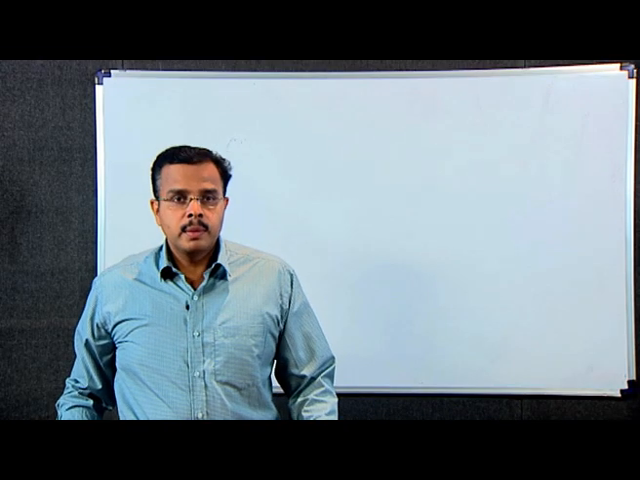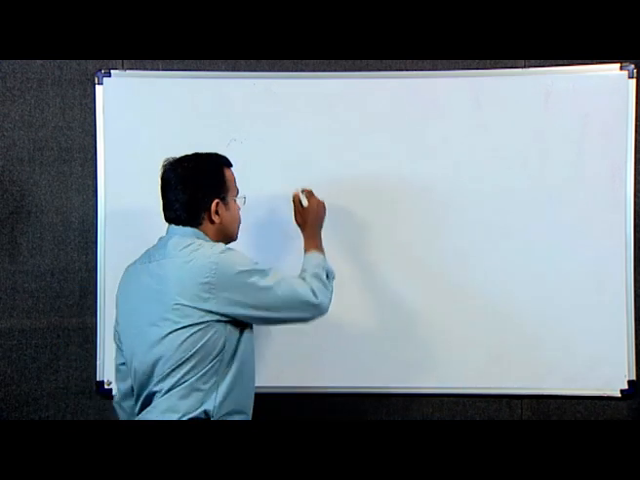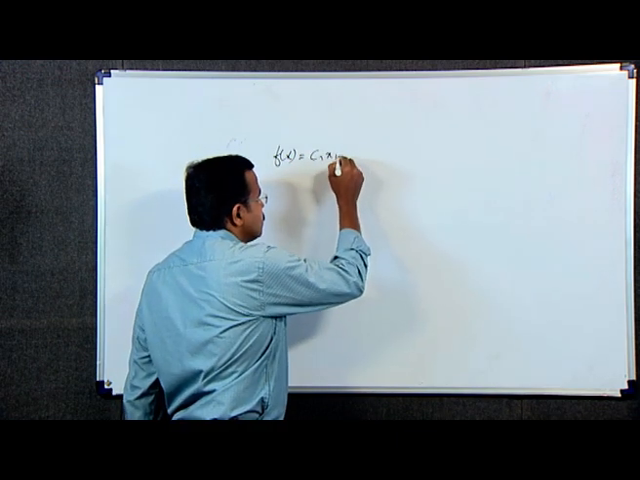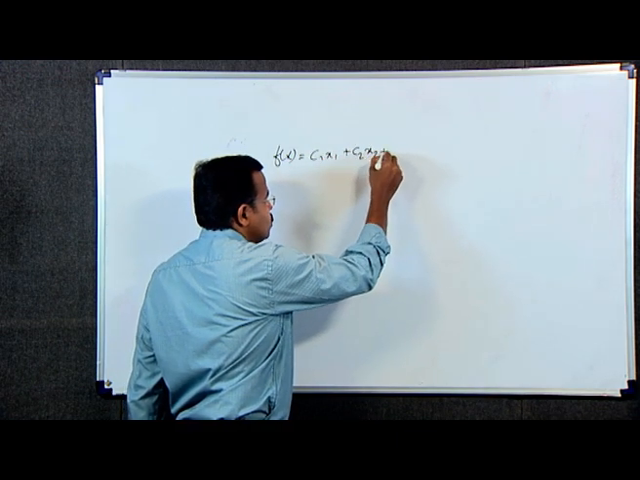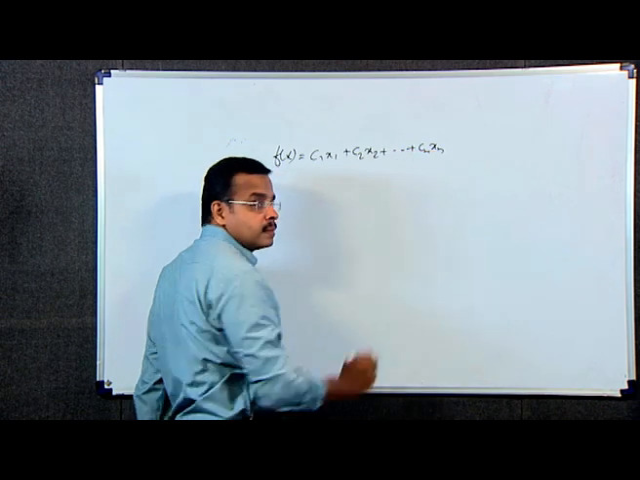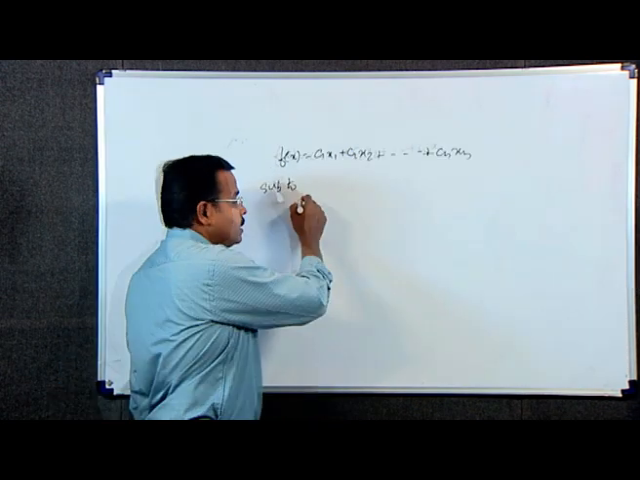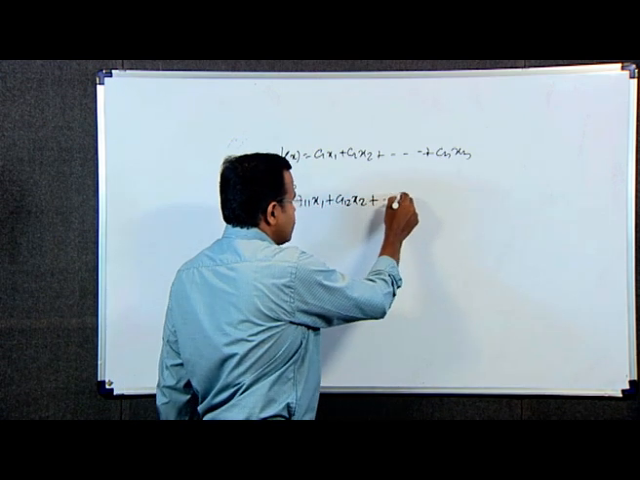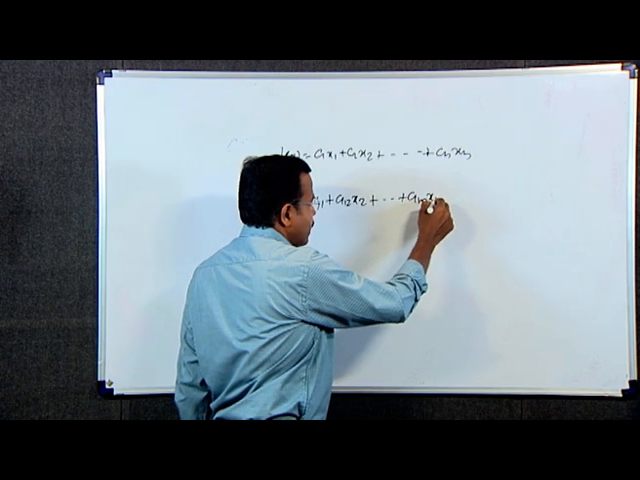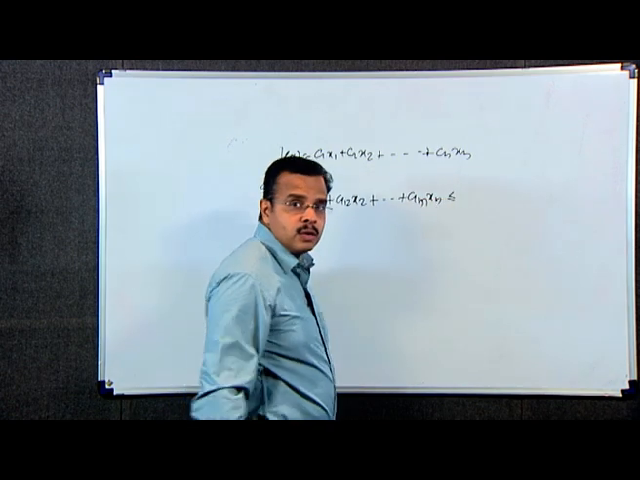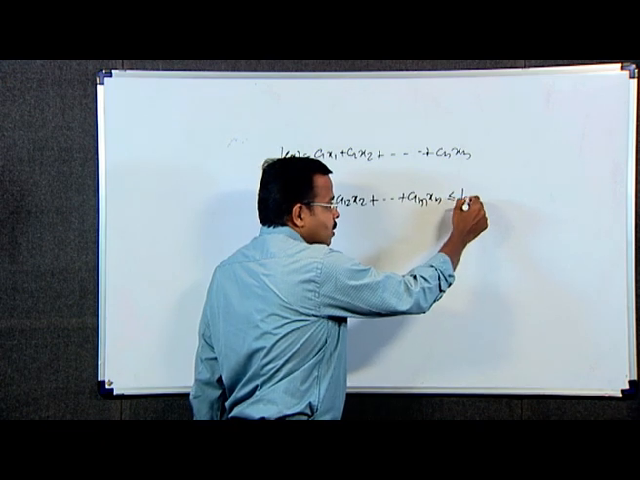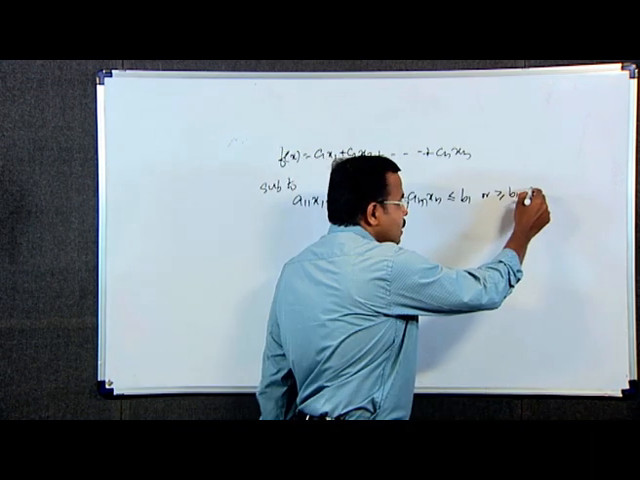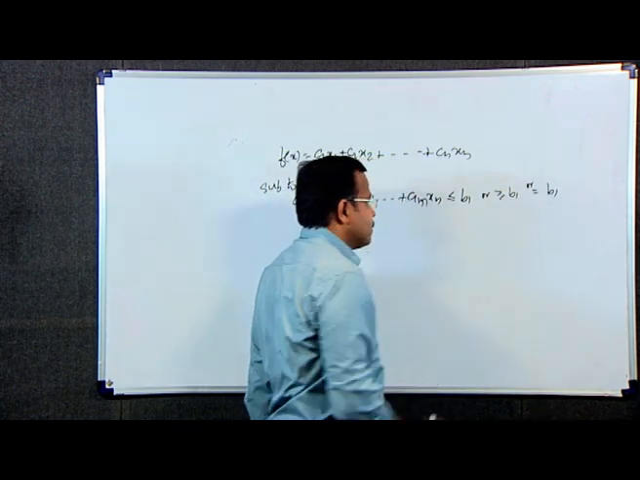Consider the linear programming problem optimize f of x, that is equal to c1 x1 plus c2 x2 etc. plus cn xn, then subject to the constraints a11 x1 plus a12 x2 etc. plus a1n xn less than or equal to b1 or greater than or equal to b1 or equal to b1